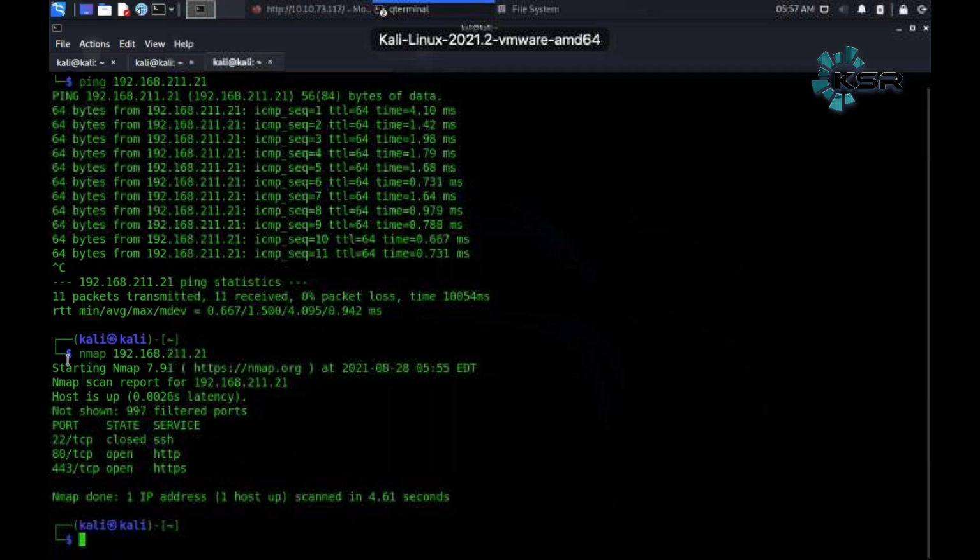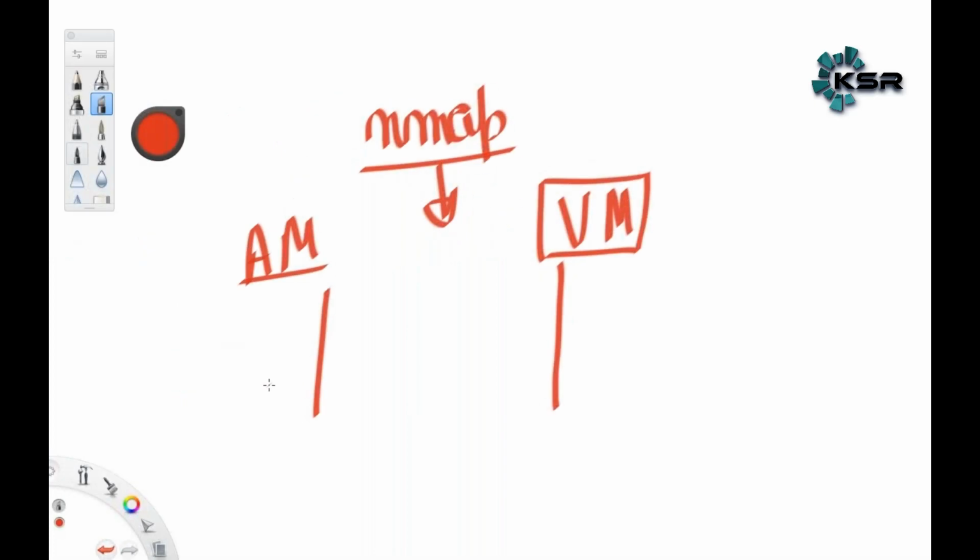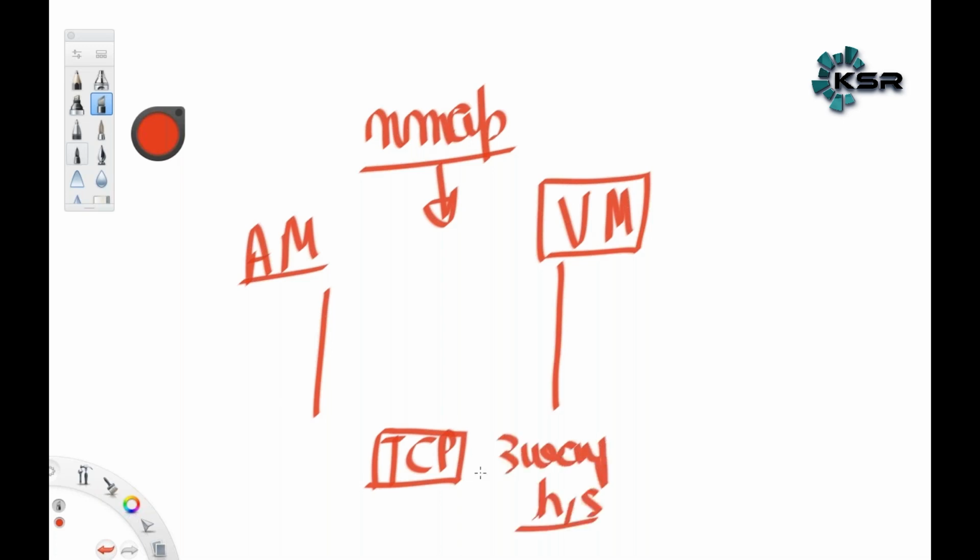Similarly, in this case, I'm trying to scan this IP for the services. So what will I do? I will make use of a protocol named TCP. Whenever you have to communicate using TCP, it uses something that is known as three-way handshake.